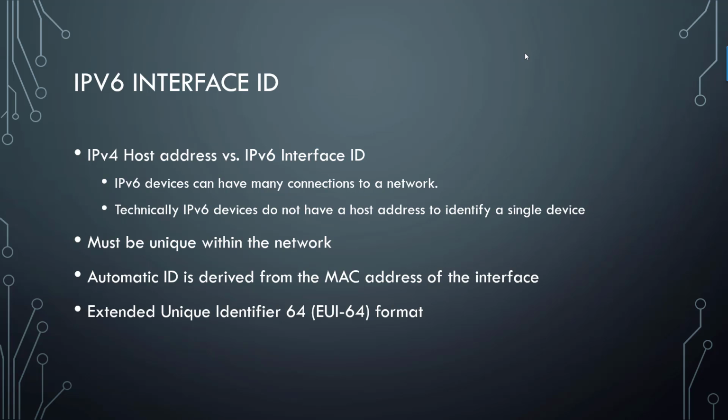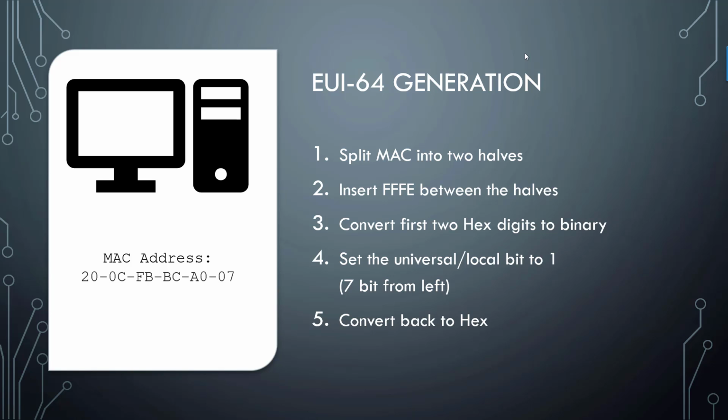Okay. It must be unique within the network, and to create that unique ID, we use the layer 2 MAC address. So we will get into that next, where we talk about how the MAC address is used to create an automatic unique identifier for the IPv6 interface ID. So in this case, we have a PC. Its MAC address is published right here. And we have 5 basic rules to convert the MAC address into an IPv6 interface address